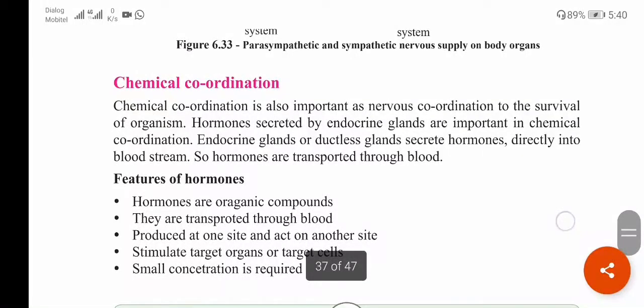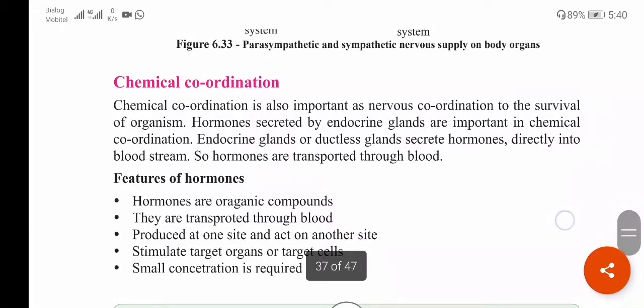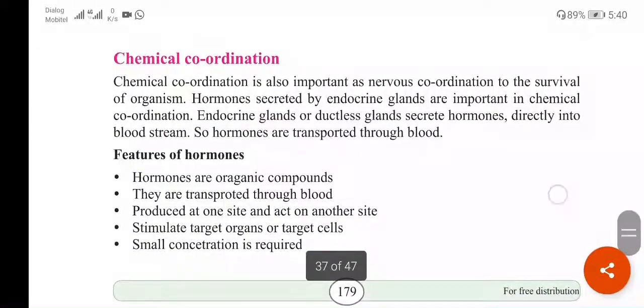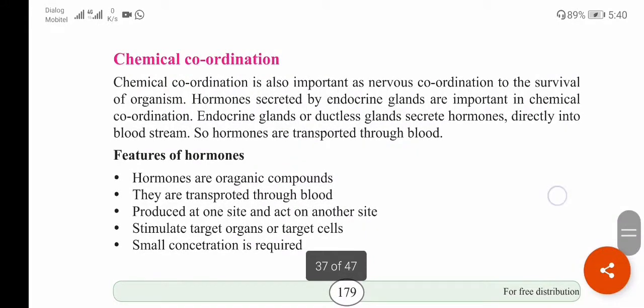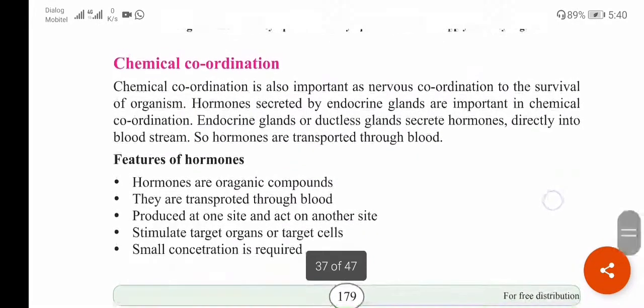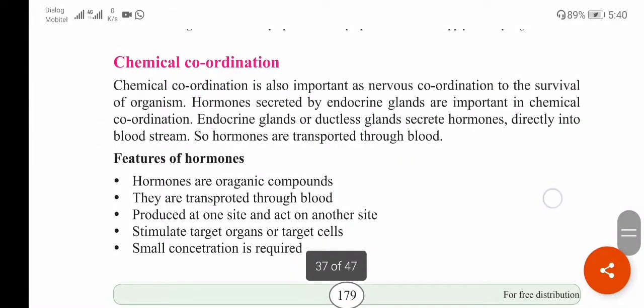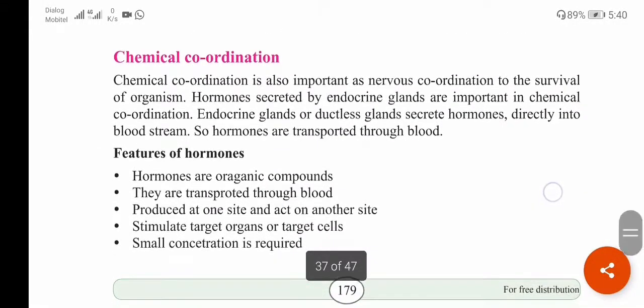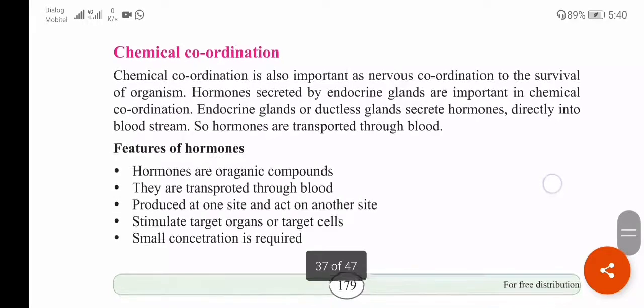There are two types of glands, exocrine glands and endocrine glands. For chemical coordination, endocrine glands are important. So first of all, we'll know what exocrine glands are. Exocrine glands are glands that secrete their products into ducts or openings to a body surface, like sweat glands, salivary glands, mammary glands, glands that secrete tears, and many glands in the digestive system.